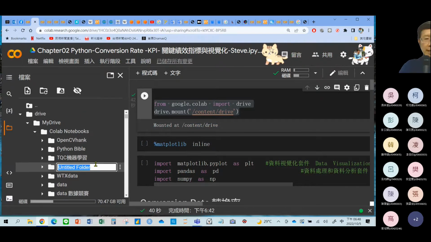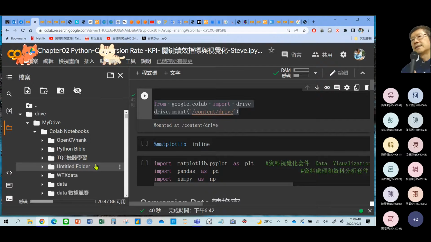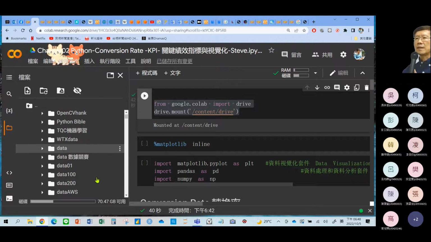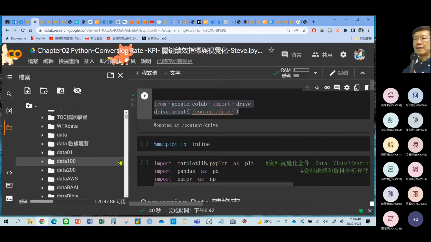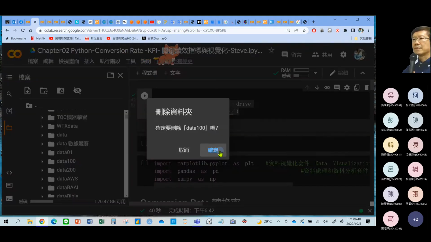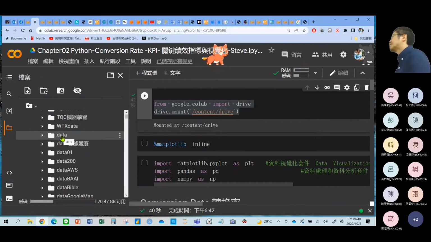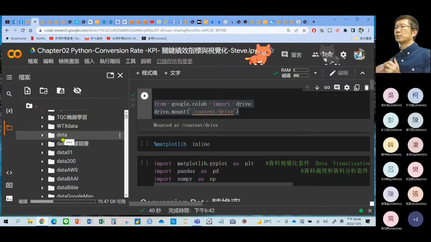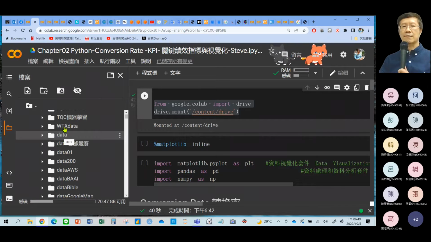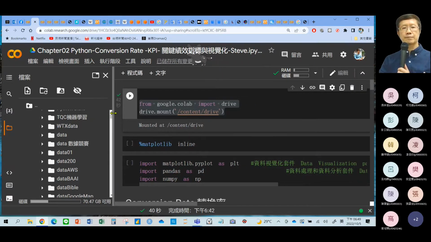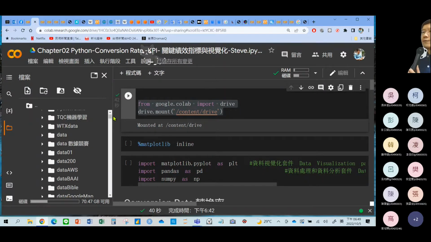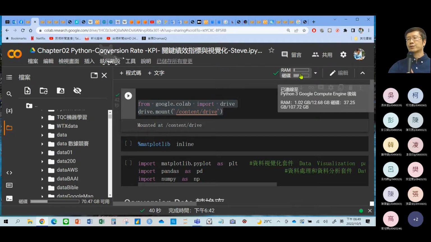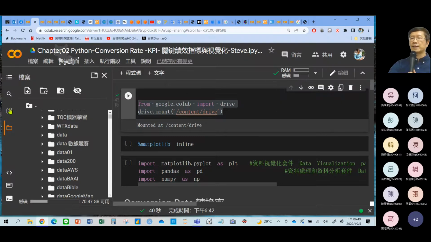Okay, here. Let me try. Let me name it data 100, 因为我已经有 data 了哈。Okay, data 100. Also, I can delete it. 好，你们就产生一个新的资料夹，啊，以后的分析的资料都会 upload 到你的 Google 云端。好，有没有问题？好。So first you have to stop your Google browser server first,